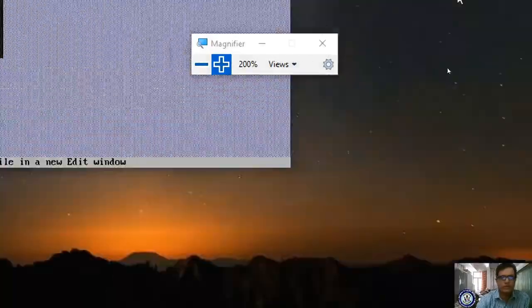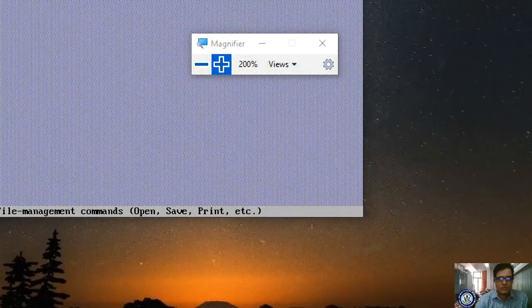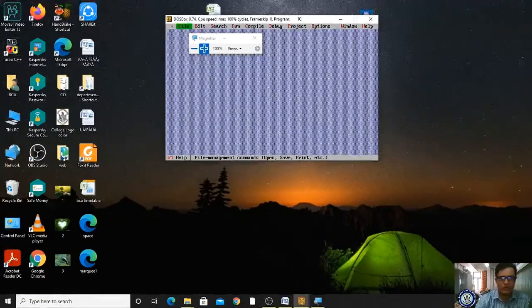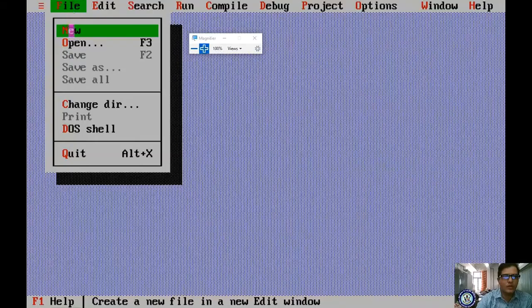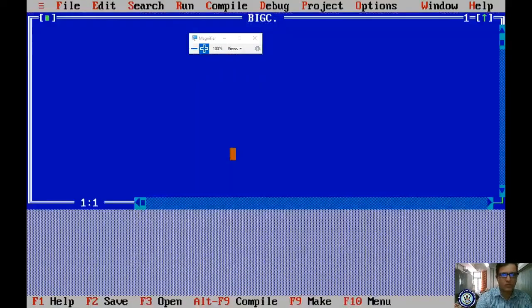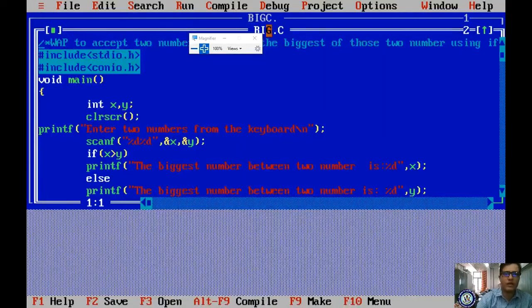This is my editor. Let me press Alt Enter. Now it is visible, right? I'm opening File, Open. And what is the name of the file? Big.c. F3 is for open. Big.c. Yes, this is our file, right?